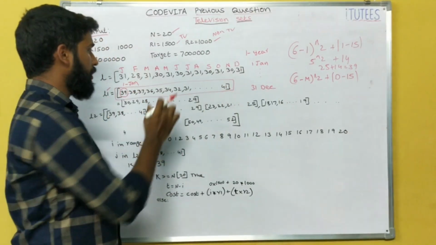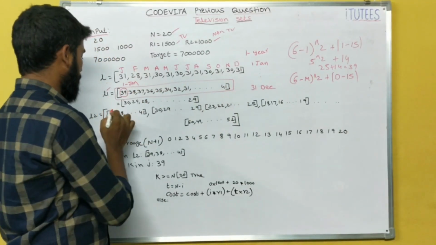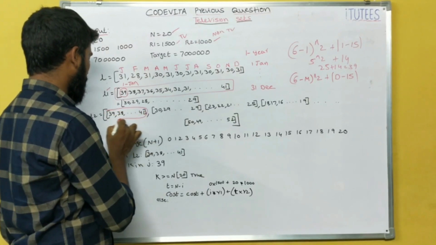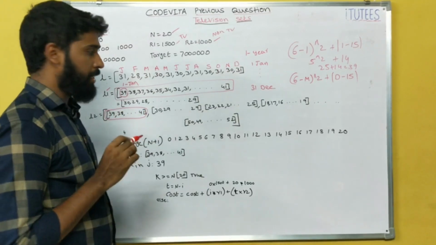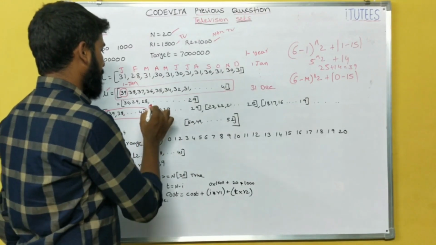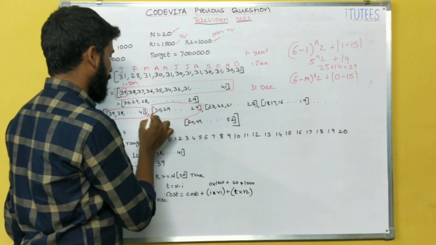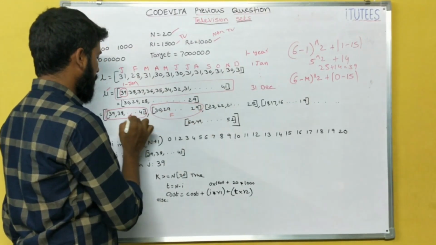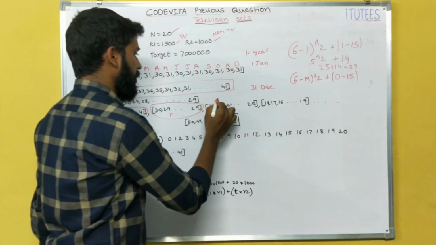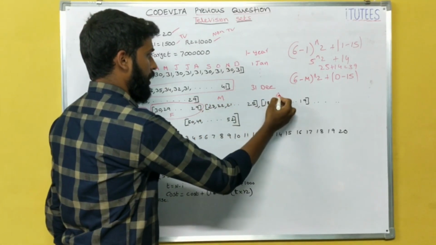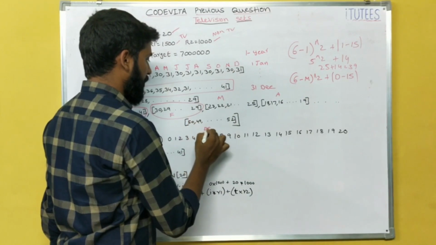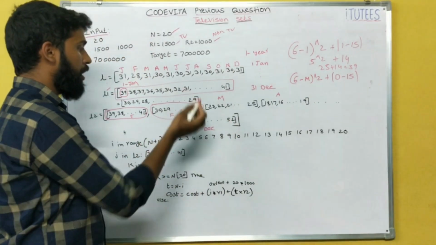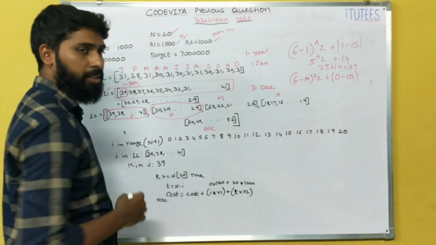Now I can store this L1 in the L2 list. So this is regarding January. In a similar way we can find the number of patients for each month. This is for February, this is for January, so this is for March, April, so this is for December. I can store all the numbers of patients like this.